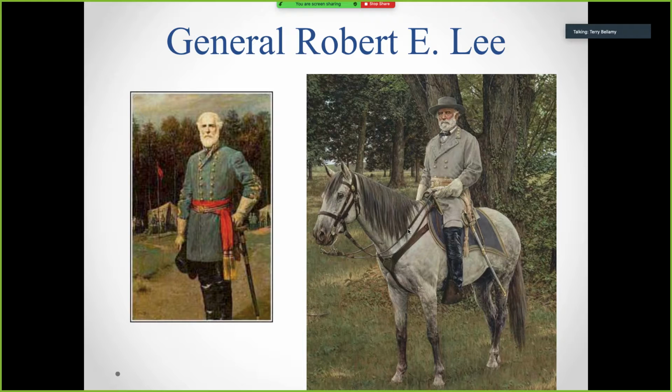That's his horse Traveler. Robert E. Lee was kind of an odd dude too, and there's lots of stories that I can tell you about him too. But at one point, he's full battle mode, so the Civil War's full on raging, and he's hanging out in his tent, getting ready to go to bed. And when you're the general, not like the general from the Shaquille O'Neal insurance commercials, but the man for the Confederacy. So we're going to learn about this guy almost as if he's a good guy, but he's on the wrong side of this war. Still an American. And the best general of the Civil War, maybe second best, we'll see. I'll let you decide that later on.